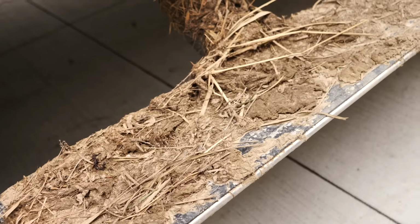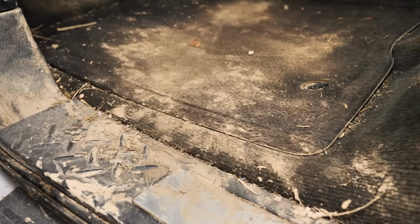Today we are detailing this F-150, which is a cattle farmer's truck. So he's been going through the pastures. This thing's kind of covered in mud on the outside, and definitely on the inside is quite dirty as well. But we're going to get it all cleaned up, and the question is, how many licks does it take to